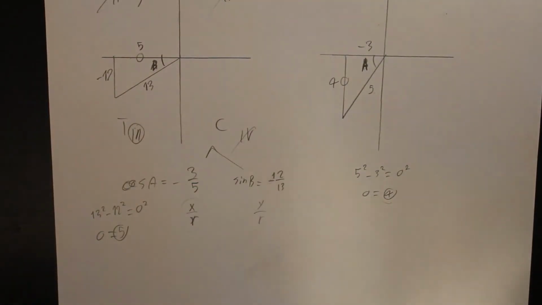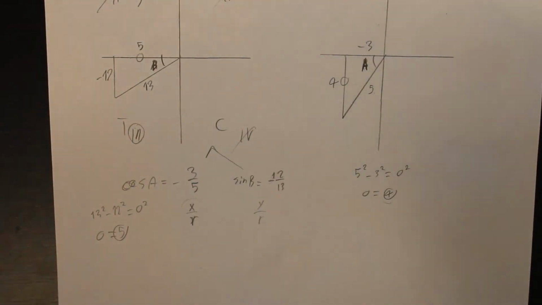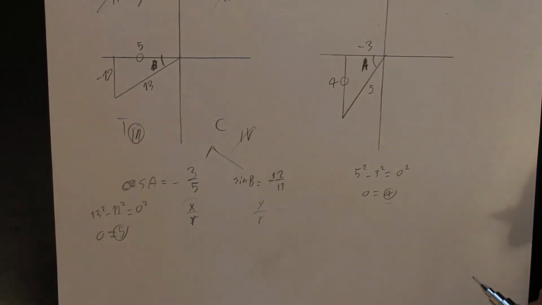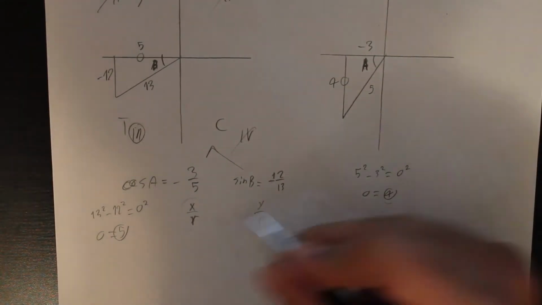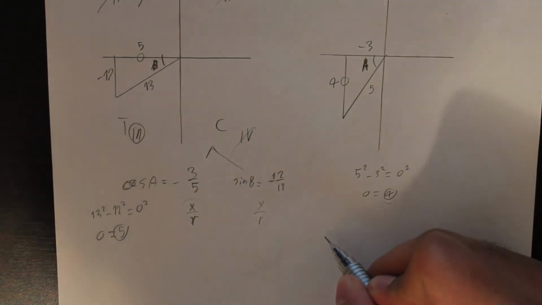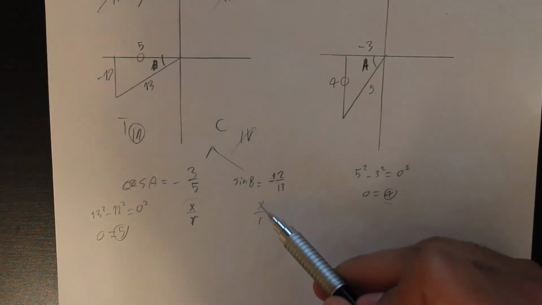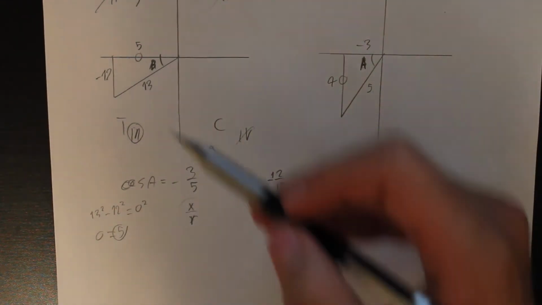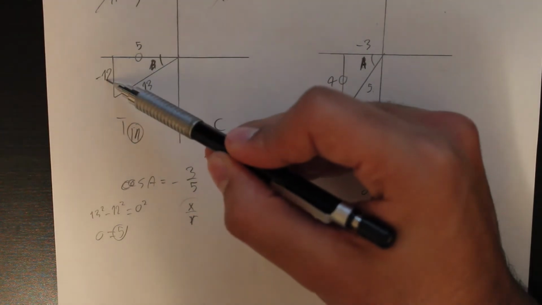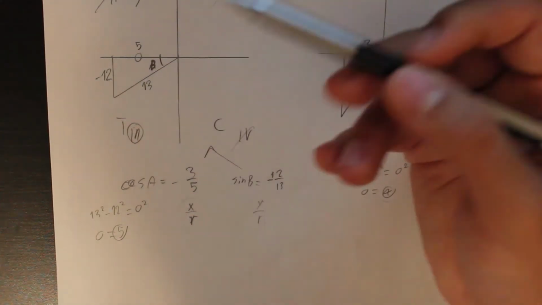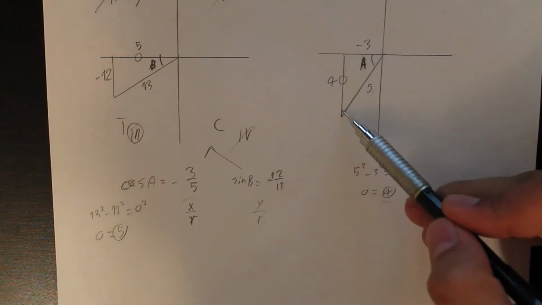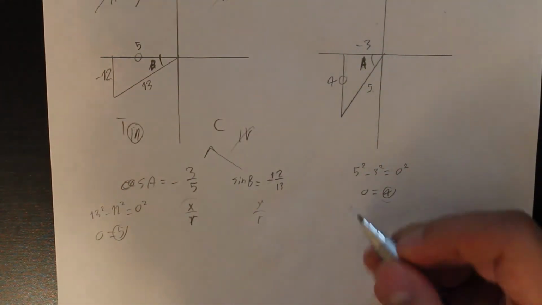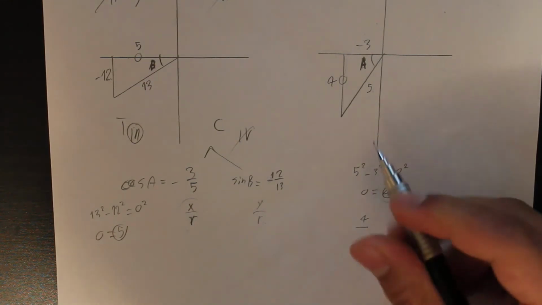So now if we're requested to find the value of the expression sine A tan B divided by tan A secant B, all we can do is just use the information we just got. So sine A would be equal to y over r. So if A's y is 4, okay, then we can just use 4. So 4 over 5,